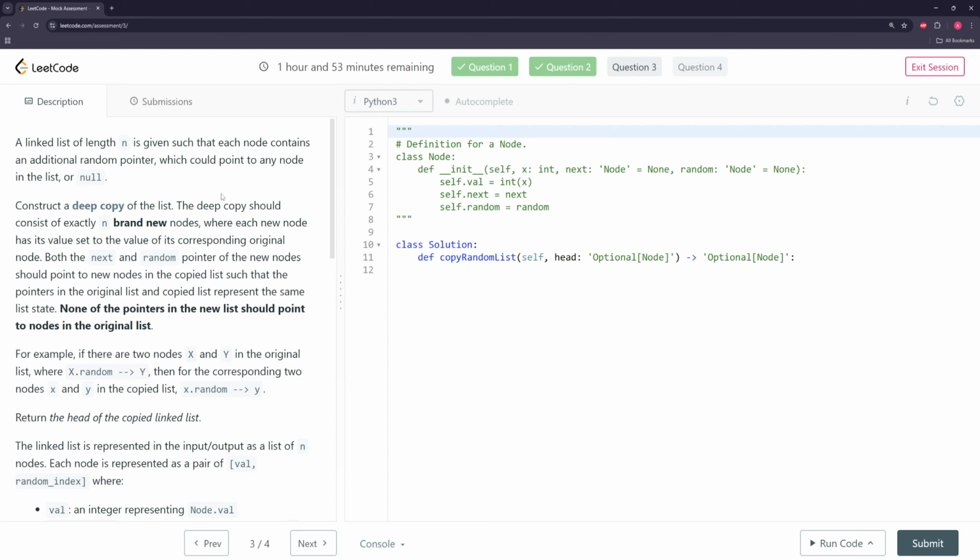Nice. Alright, given a linked list of n nodes such that each node contains an additional random pointer or null, construct a deep copy. The deep copy should consist of n brand new nodes, both in next and random. Okay. Alright, so